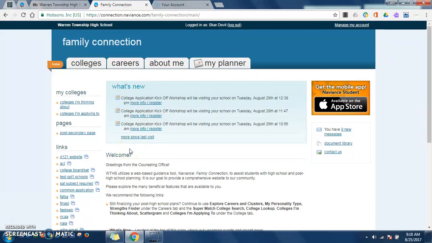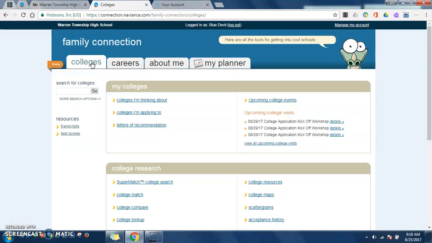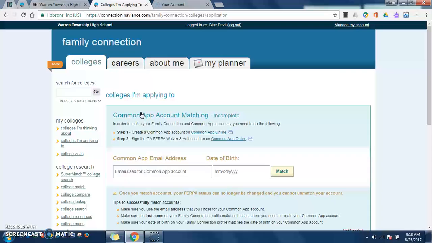When you get to the Family Connection page, click on the Colleges tab. Then click on Colleges I'm applying to. On this page, you will be able to indicate which institutions you are applying to, how you are applying, and request your transcripts. If you are using the Common application, you will need to complete the Common App Account Matching